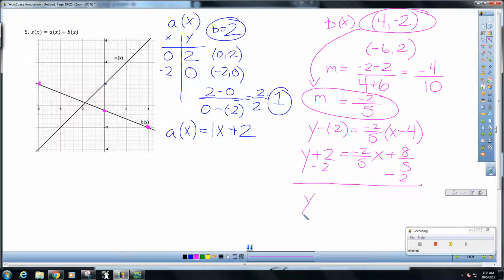So you get y equals negative 0.4x plus, sorry, that's minus 0.4. So y equals negative 0.4x minus 0.4. Okay? That is b of x. That's a tough equation. So when we add them together,